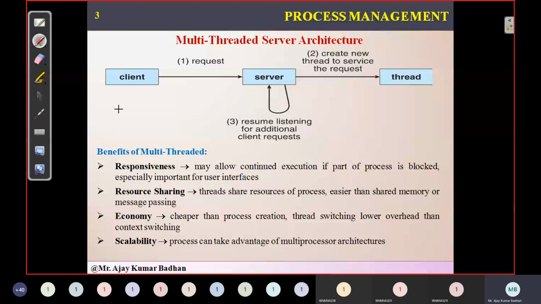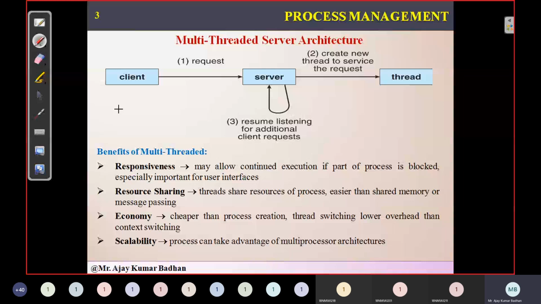Whenever you open that particular WhatsApp, what will happen? A main thread will be executed. Whenever you open that application, the main thread will start executing, and within that main thread, sub-threads will be generated. For example, someone has posted an image and said, okay, flash mob or something like that. The statement you type there, flash mob, will be handled by one thread, and there will be another thread which will be handling the images.